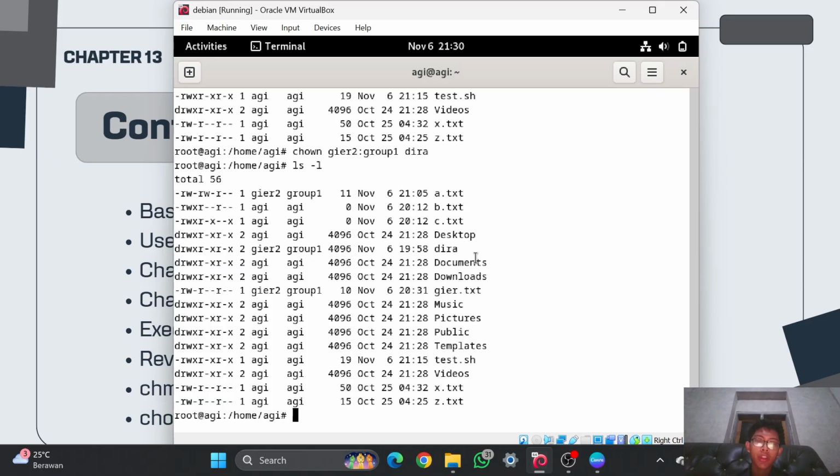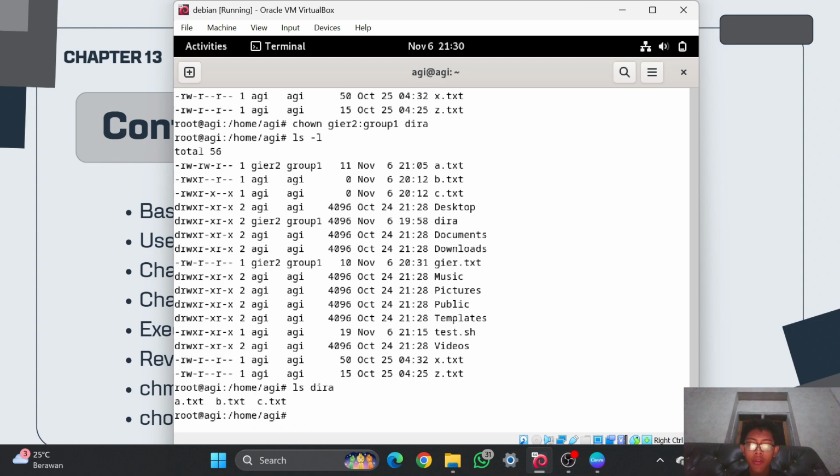But for example, in dir.a there are files a.txt, b until c.txt.